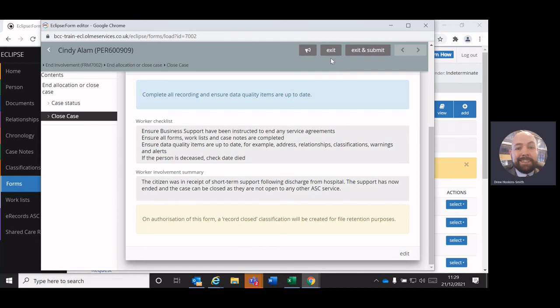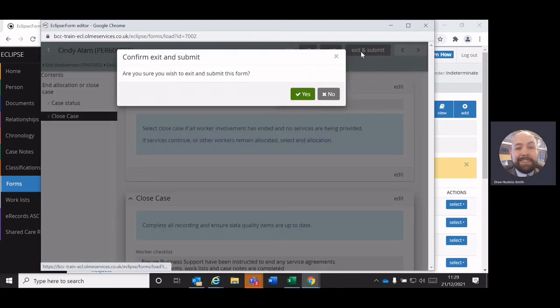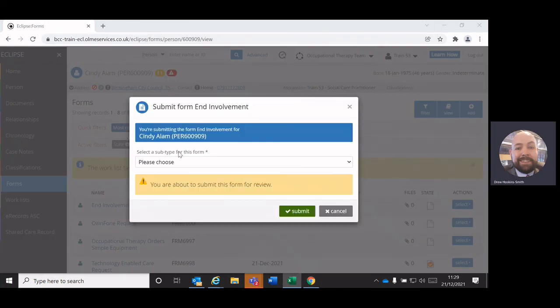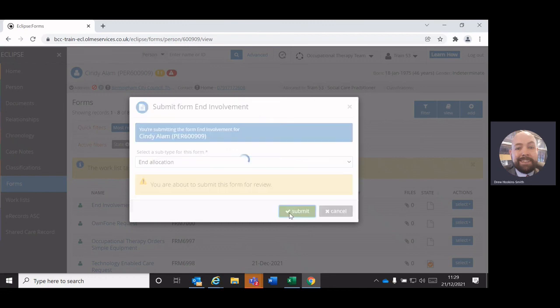And now, although we still have the exit option, the exit and complete option has become exit and submit. If we click on exit and submit and we say yes, you'll see once again we've got the select subtype for this form, and we can select end allocation. Now you might be thinking, why is he doing that? Because we've actually closed the case, not ended the allocation. Well, I will show you this. When we submit it,